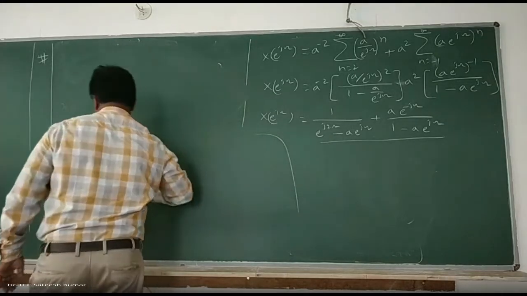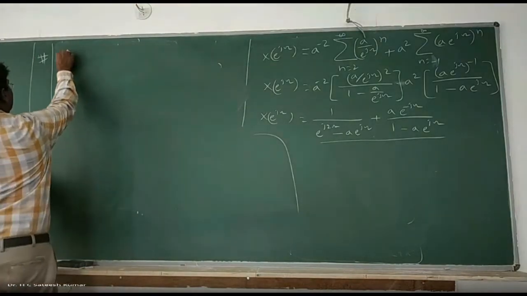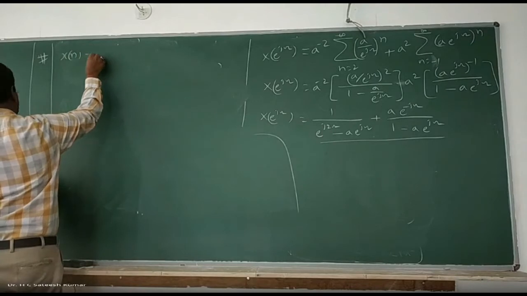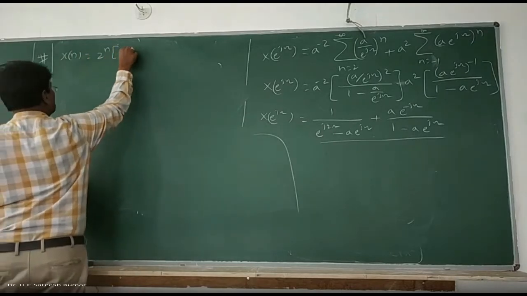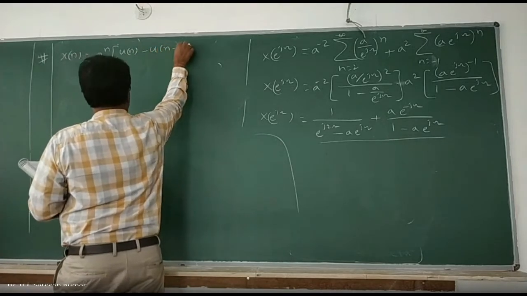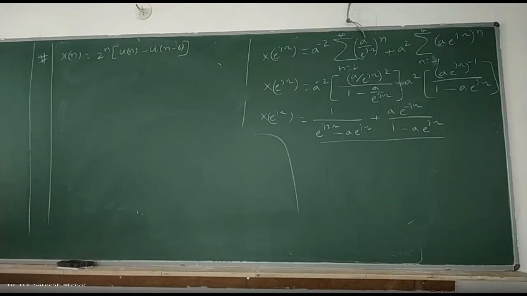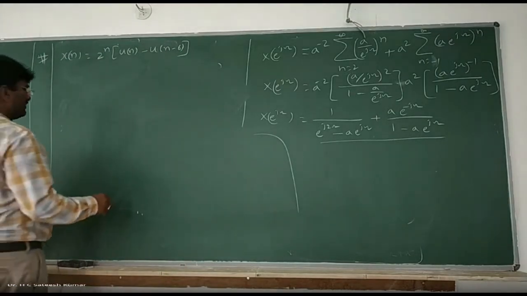So this is the basic principle of obtaining the Fourier transformation, the discrete time Fourier transformation of any discrete signal. One more problem is there. Find the DTFT of x of n is equal to 2 to the power of n into u of n minus u of n minus 6. It's another different kind of problem. The only thing is the formula is different, that means the identity is different.